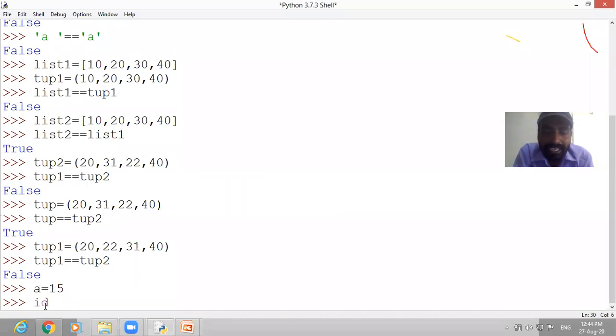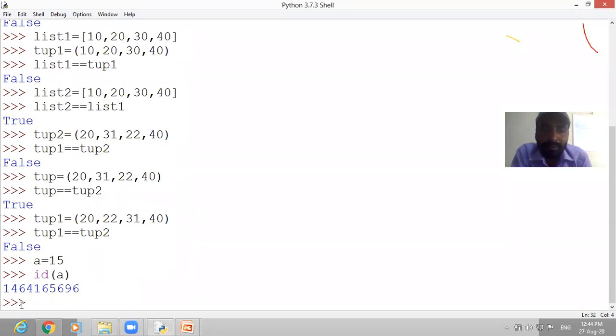We write ID, then we write the value, ID of A. We want to check the ID of A. Press enter key. Now as soon as you press enter key, you will find the memory address of A, that is 15, value 15. See here, what is the memory address? 1464165696. At this memory cell address, the value of A has been stored, that is 15.